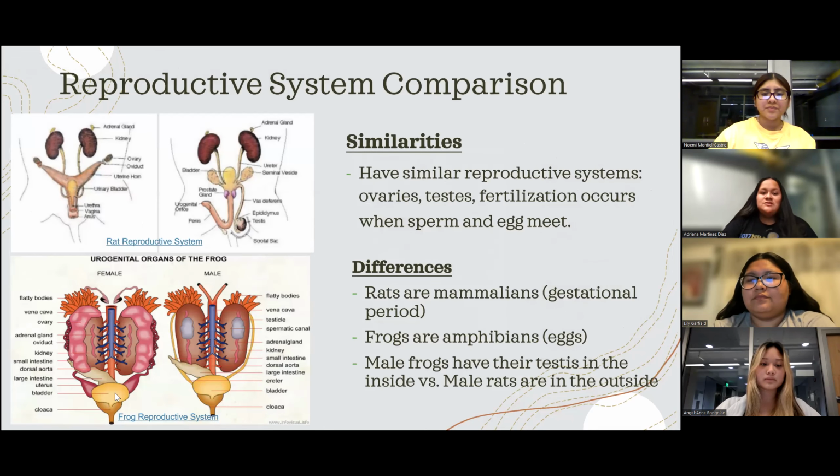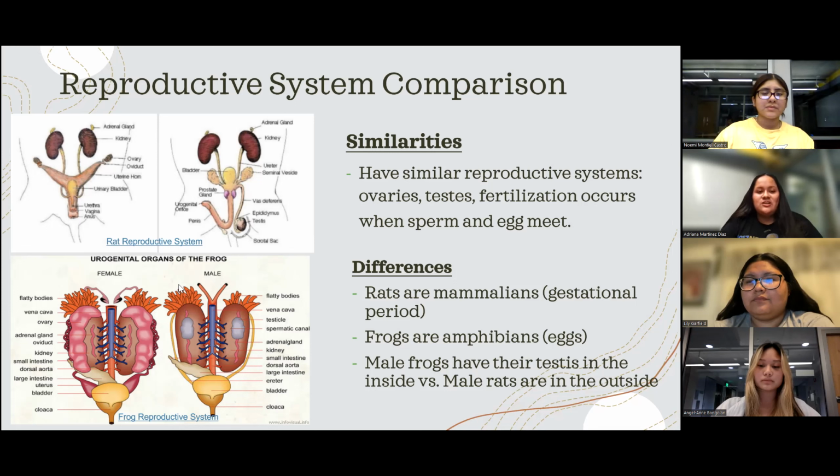For the reproductive system comparison, overall, the rat and the frog have a very similar reproductive system. As you can see, they both have ovaries. For male they have testes, and then fertilization occurs when both sperm and egg meet, which creates the zygote. But overall, the only differences you can actually see is the rats are mammalian, so they have